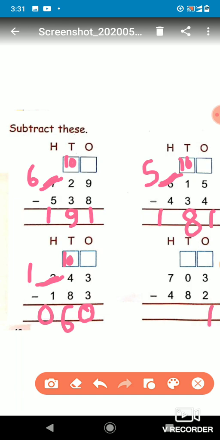Okay, now let's see here again 3 is there and we have to subtract 2 from the 3, so we will get 1, and again here 0 is there, so we can't subtract 8 from the 0, so here 7 is there, so this 7 will give the 1 mark, 0 will borrow the mark from the 7, so this 7 will become 6 and this will become 10. So this 10, if you subtract 8 from 10,